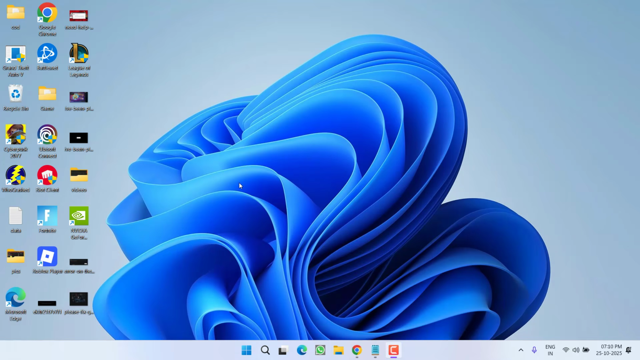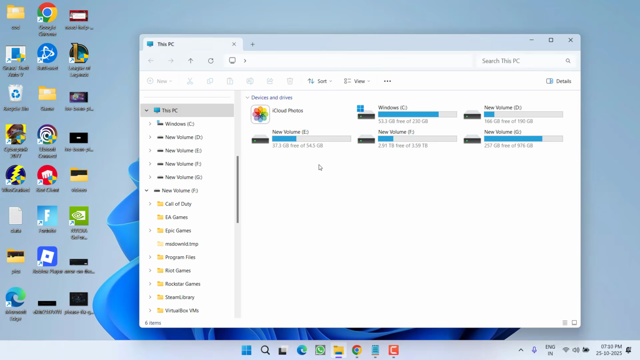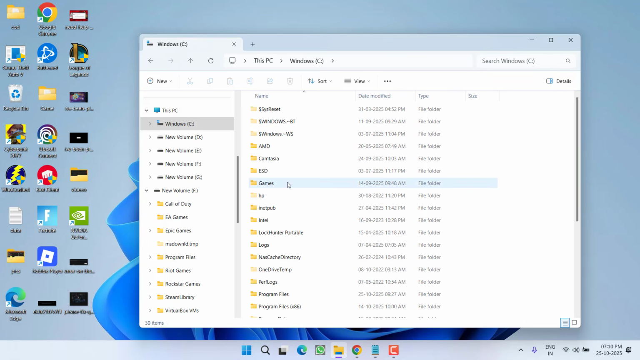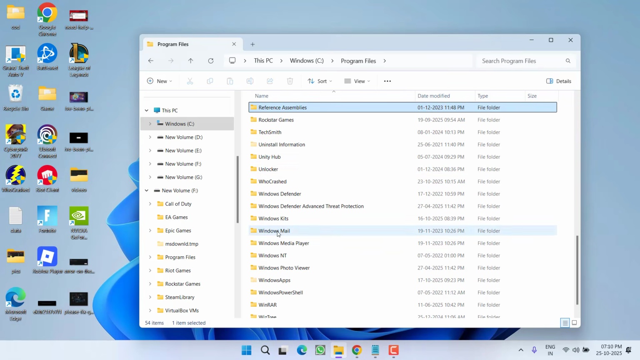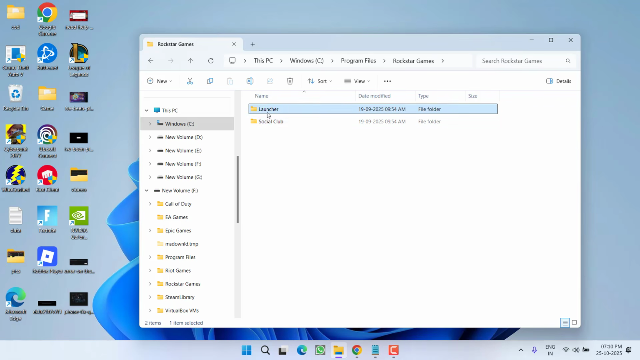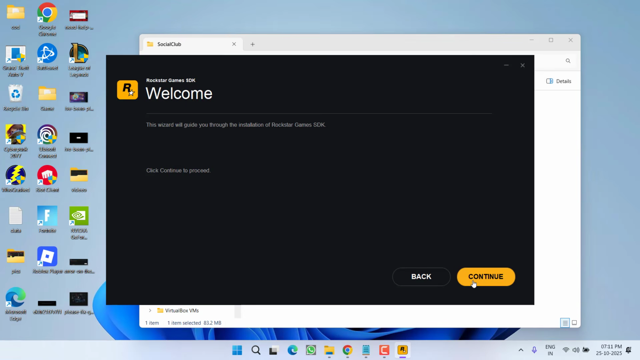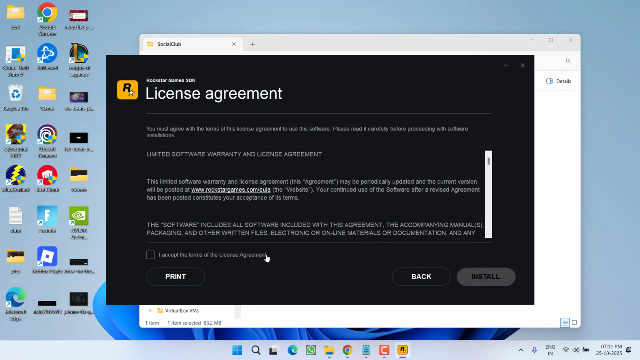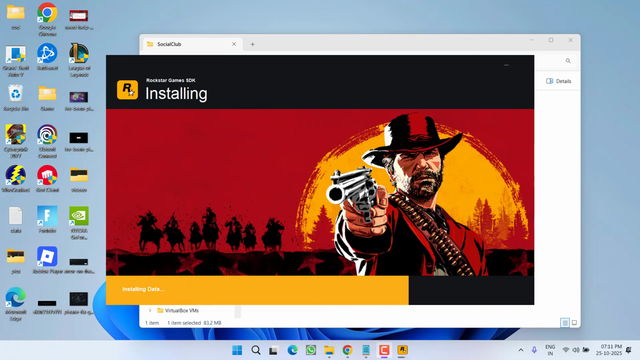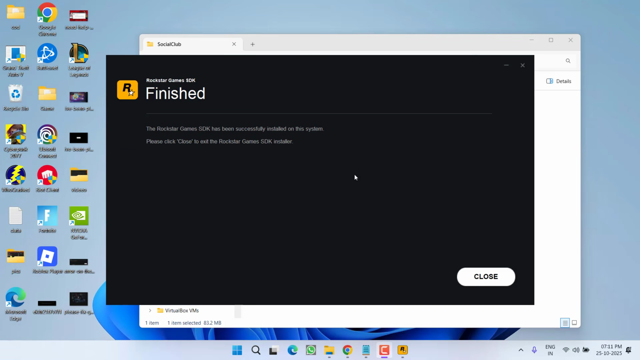If this failed to work out, in the next step, you need to open the directory of Rockstar Games, which is available in C drive, Program Files, Rockstar Games, Launcher, Redistributable, Social Club, and here is setup. Double click to launch it. Select the language, hit the next button to proceed, accept the terms and conditions, and once it is installed,